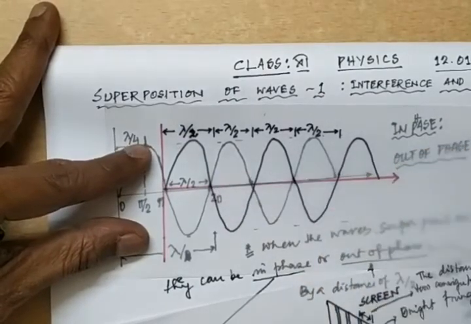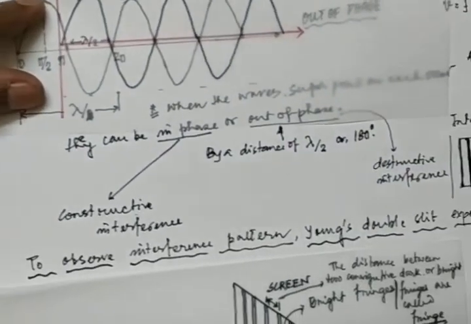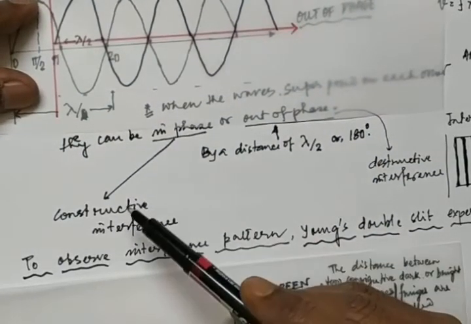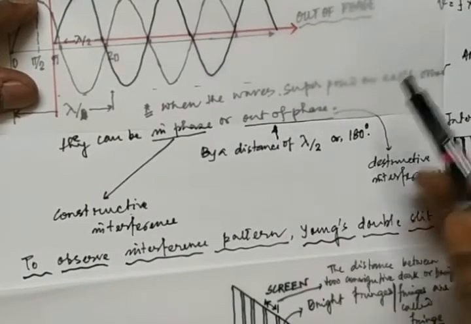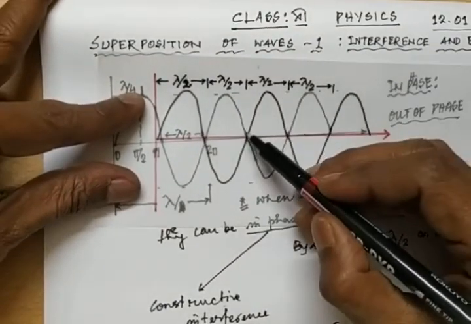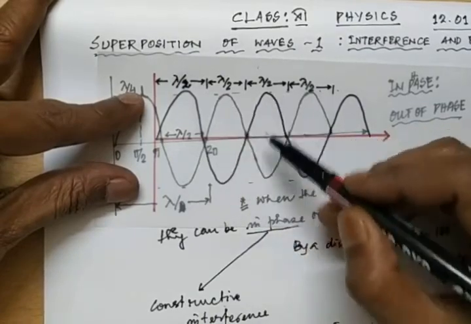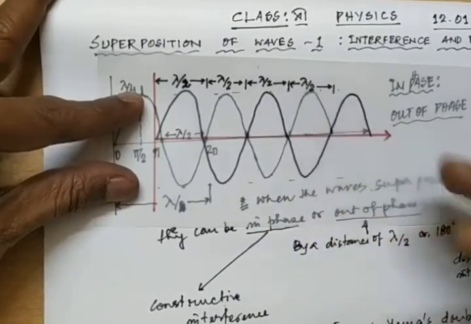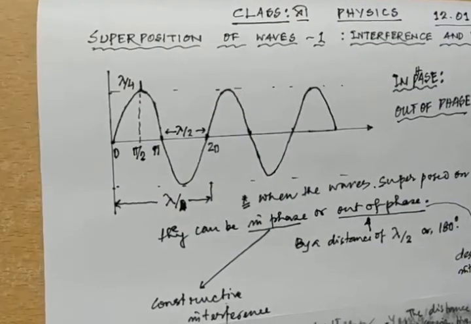So energy is maximum means, can you tell me which two words should I choose? This one or this one? Tell me, constructive or destructive? Definitely, when the phase is like this, these are the destructive interference and here they are the constructive interference. Hope you have understood this one. It is a very easy thing, just have a look once.